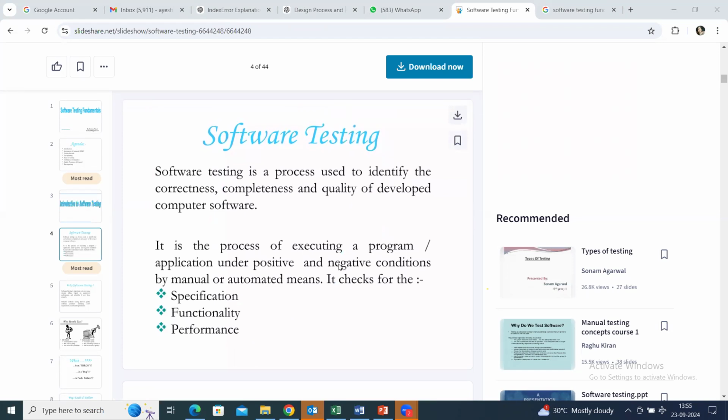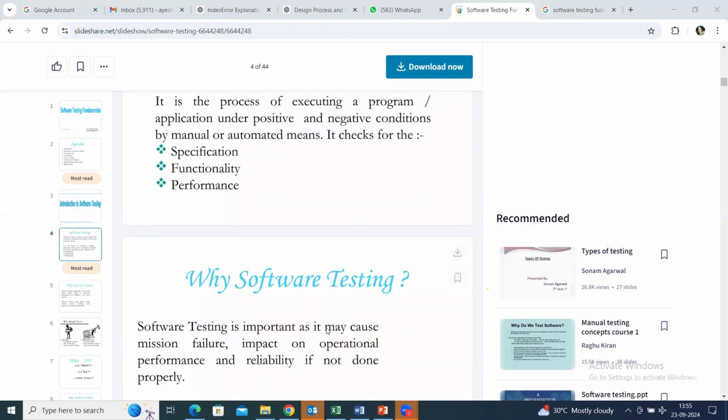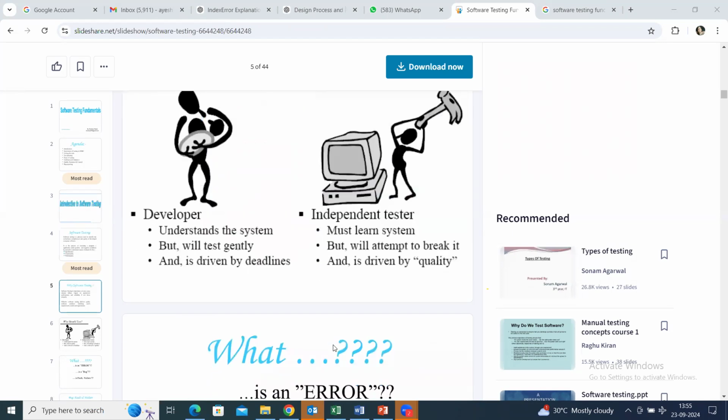As we all know that software testing is a process used to identify the correctness, completeness, and quality of developed computer software. So last time we discussed in our session that why do we include design in our SDLC lifecycle? So what is SDLC lifecycle? Software Development LifeCycle, where